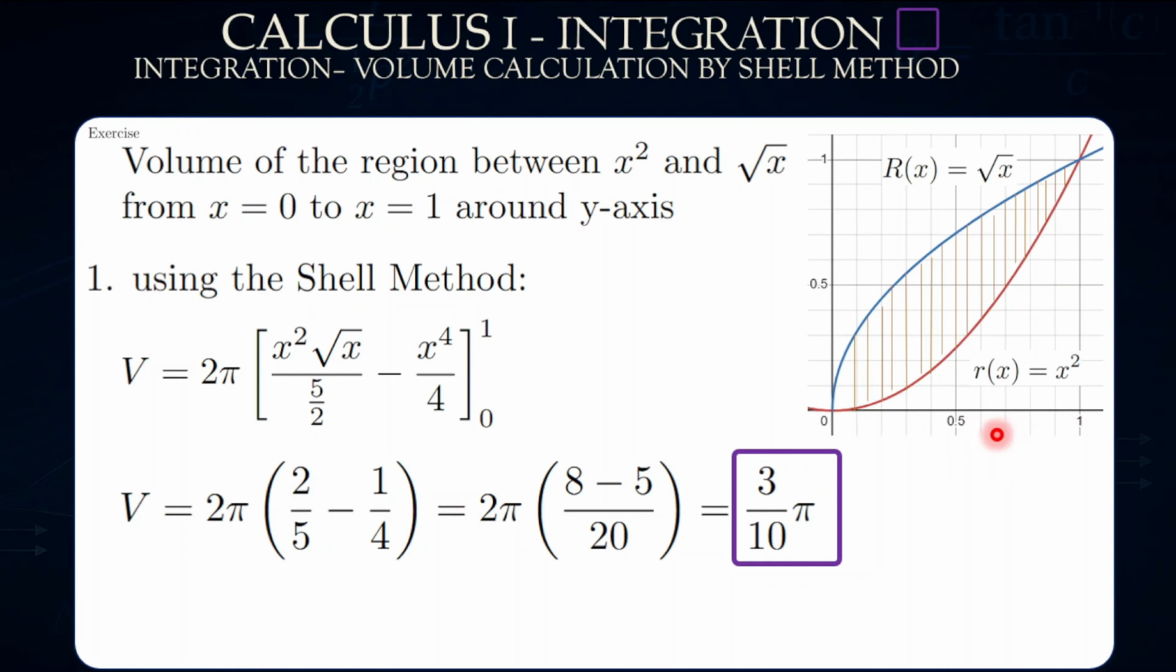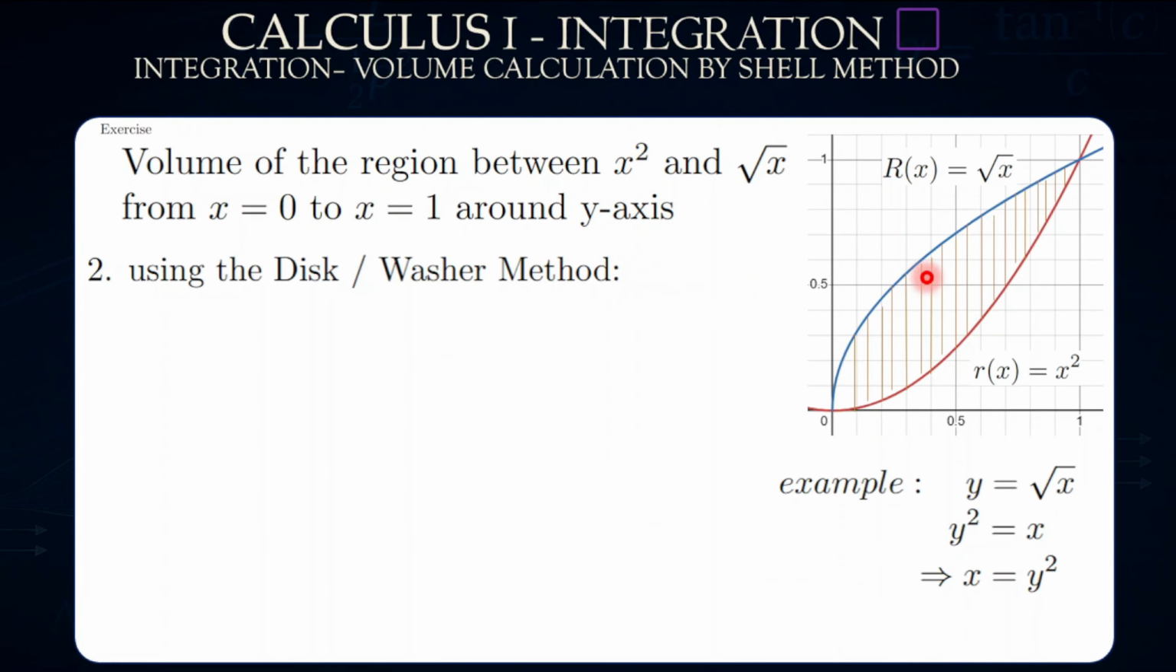Alright, now let's work it using the disk or washer method and try to obtain the same value, because it makes sense that we should obtain the same volume using both methods. We want the volume of the region between √x and x², this enclosed area, as it rotates around the y-axis, the same solid as previously. The formula is V = π times integral from 0 to 1 of (R(y)² − r(y)²) dy. Here, since we are